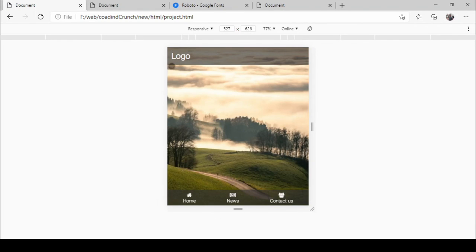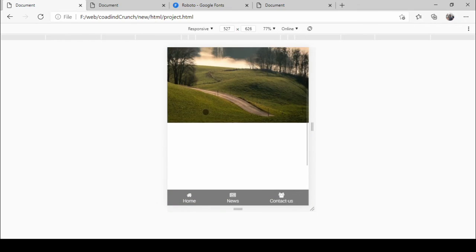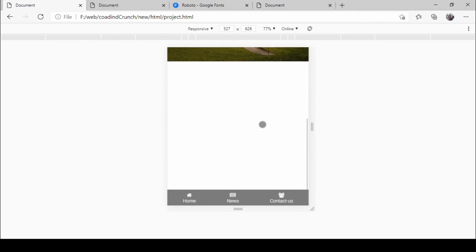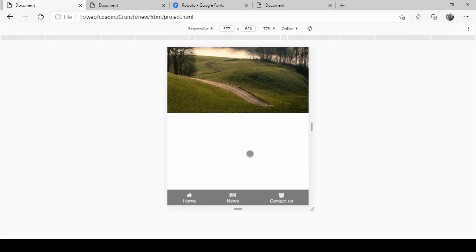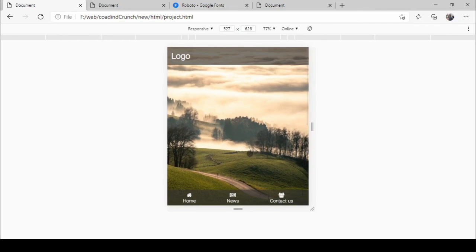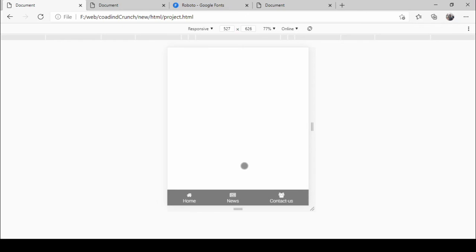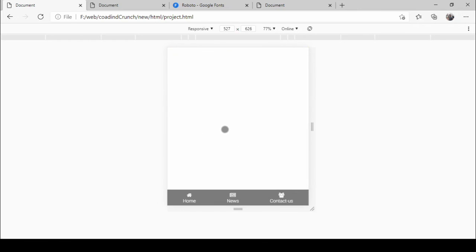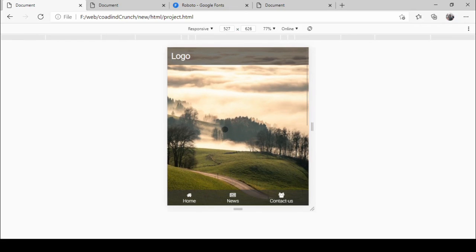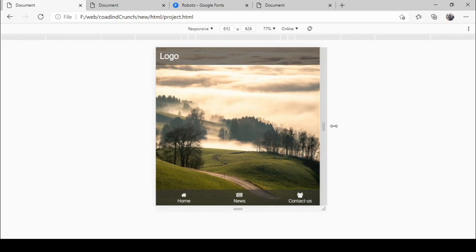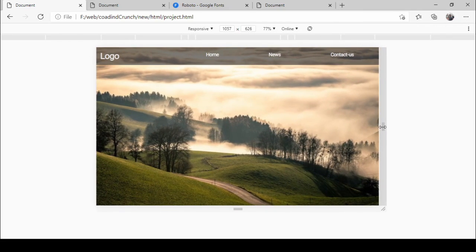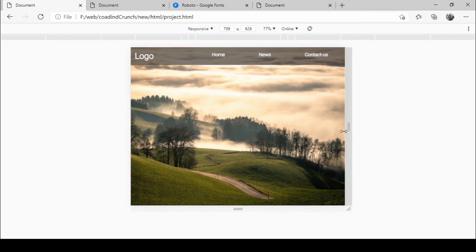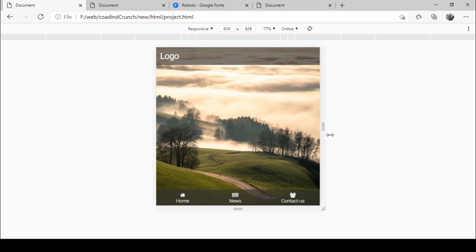After refresh, let's scroll down a little bit. So here you can see that the navigation bar is fixed in its position, it's not moving, so that the users can go to their desired path in the news or contact us section which they need in every position of the web page. And let's check the responsiveness of this web page. So here you can see that the navigation bar responsiveness is good actually in every width.